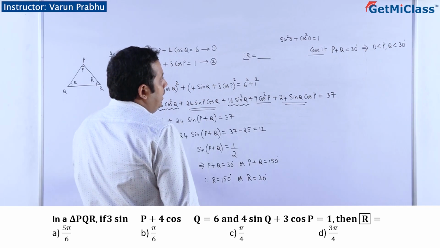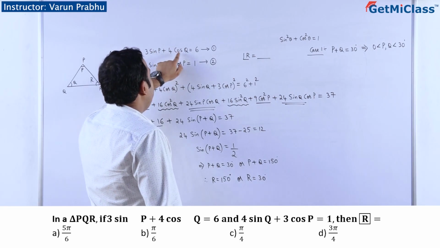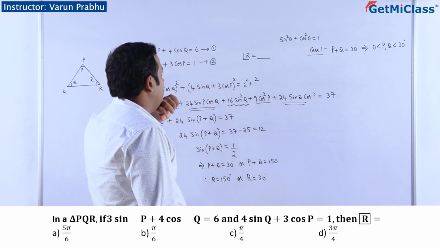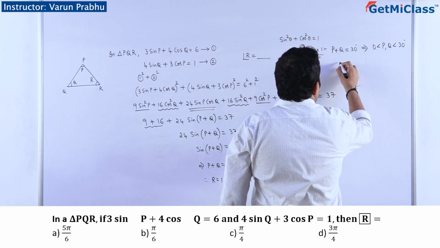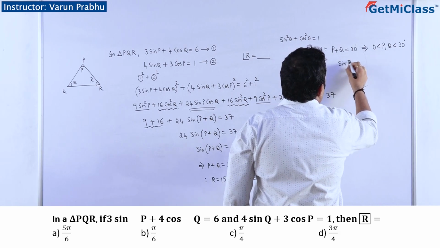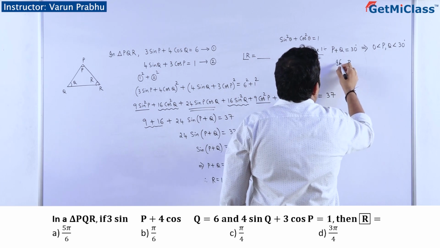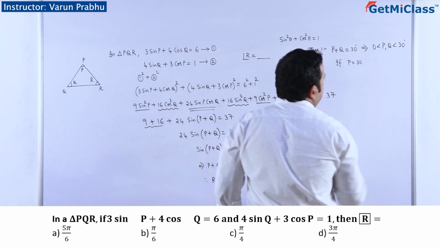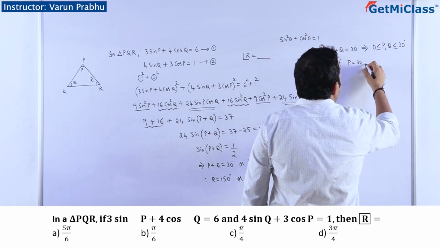So we can say here, 3 sin P plus 4 cos Q is equal to 6 is given in the problem. So if P is equal to 30 degree,